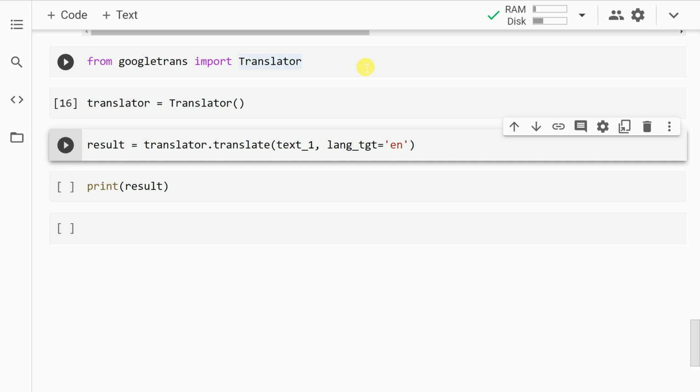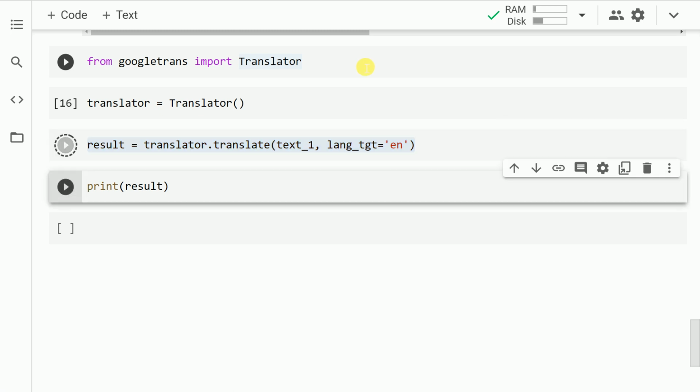So finally we have reached a stage where not only will we have the language detected but also the translation along with it. So I'll call the translate function from the translator object that we just created. I'll pass in our variable text_1. I'll also specify the target language, which is the argument lang_tgt. So here I specify English and I run the cell. Now let me go forward and print out the result.